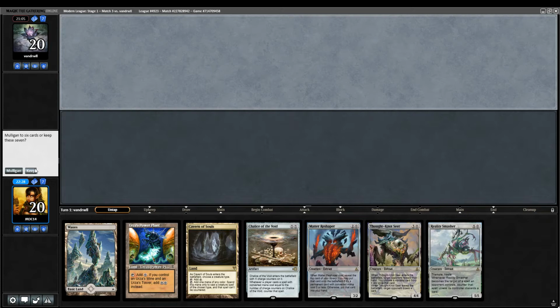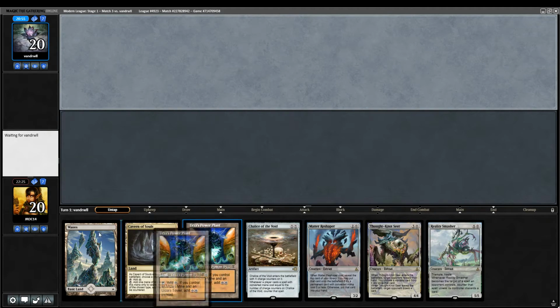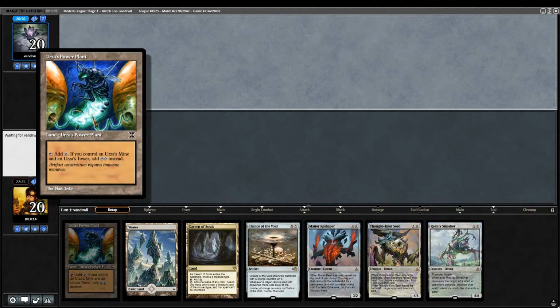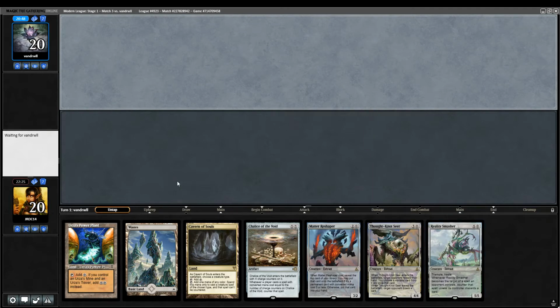Maybe mulligan to 6. I think I'm going to keep it. I'm only keeping it because we won the last game. So if we end up getting blown out here, I'm okay with it. But honestly, I'm not super confident one way or the other here. They go to 5, which makes me feel a little bit better. But at the same time, they're obviously digging for a Magus of the Moon or a Blood Moon. So